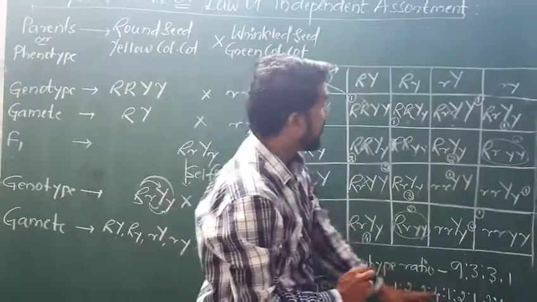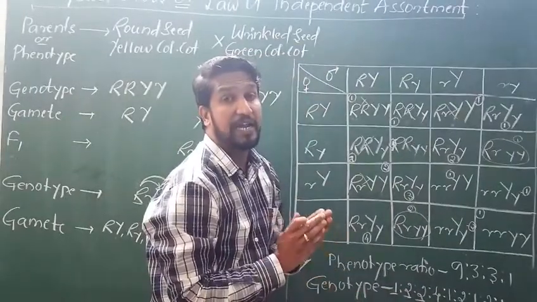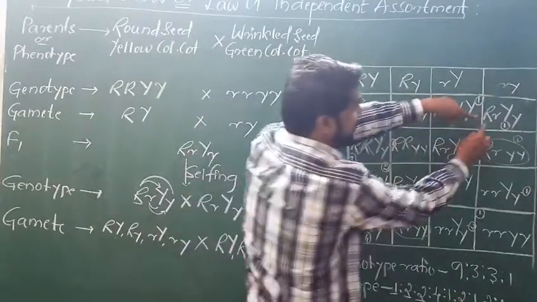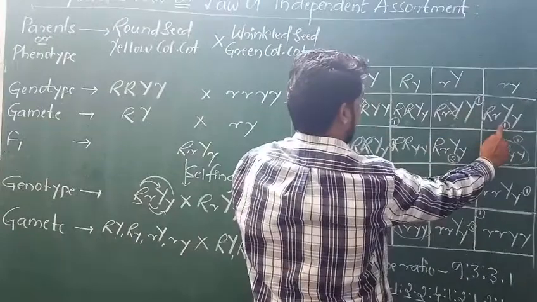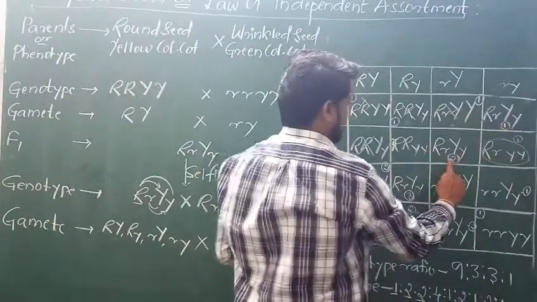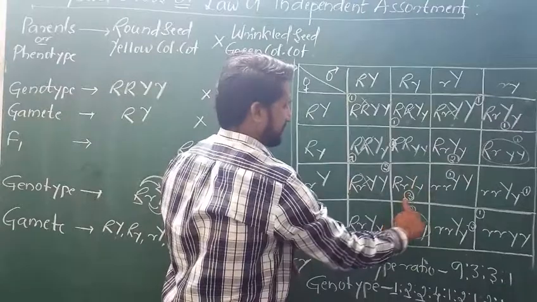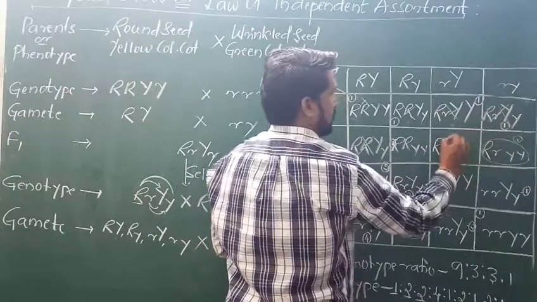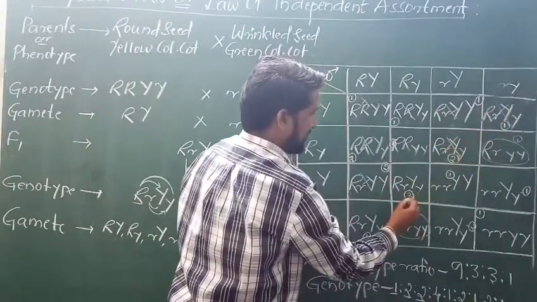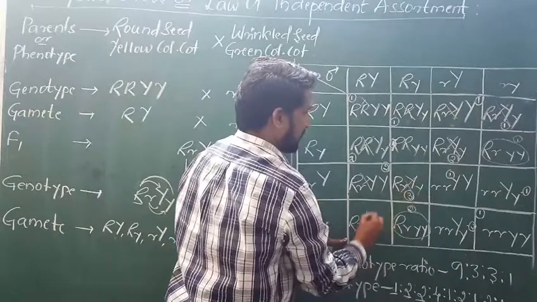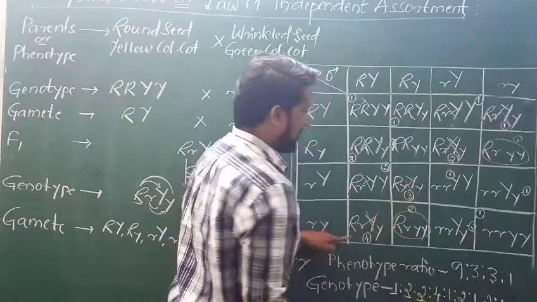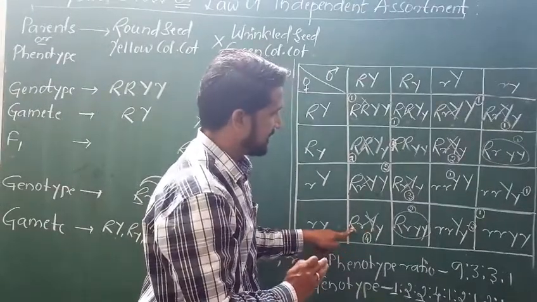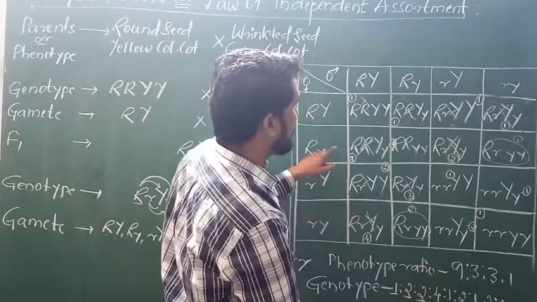Now 4. What are those 4? All are heterozygous condition, meaning round and yellow color cotyledon should be heterozygous. At the center I have 1, 2, then the 3, then 4. Can we cancel them? 1, 2, and this comes here heterozygous 3, and this is 4. 4 have come: round with the yellow color in heterozygous condition. Is this clear?